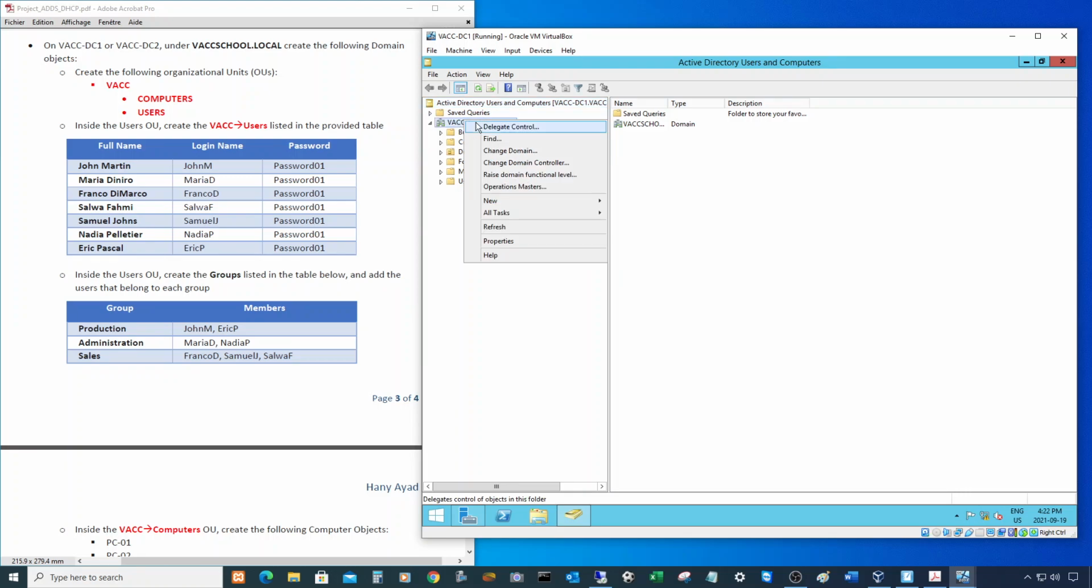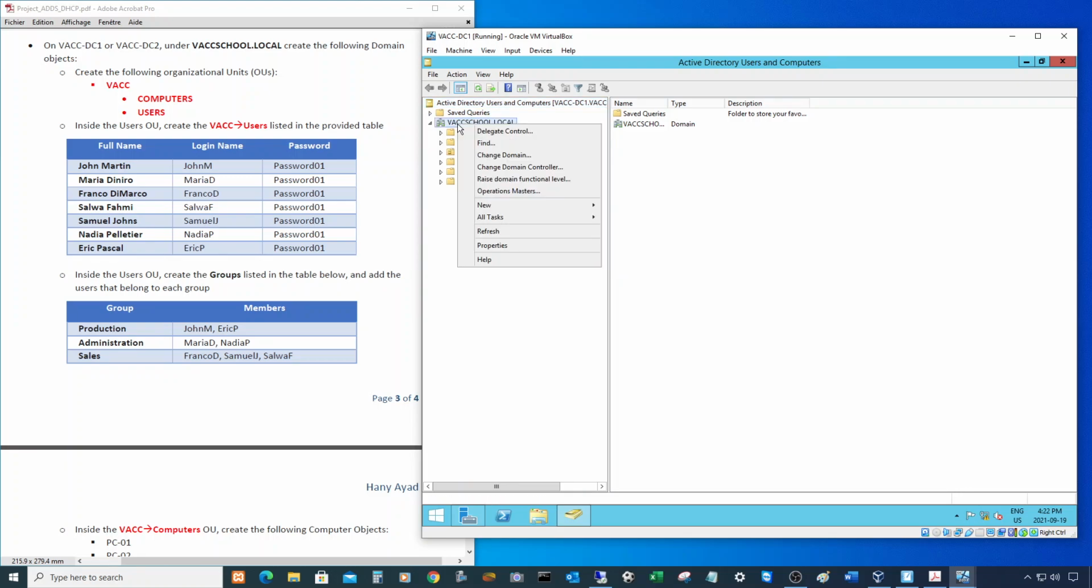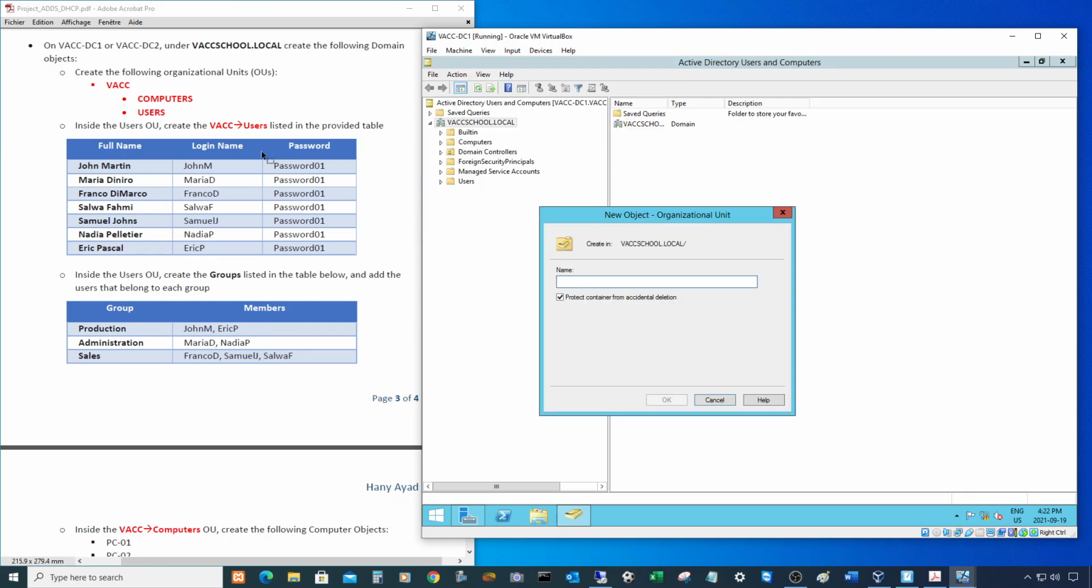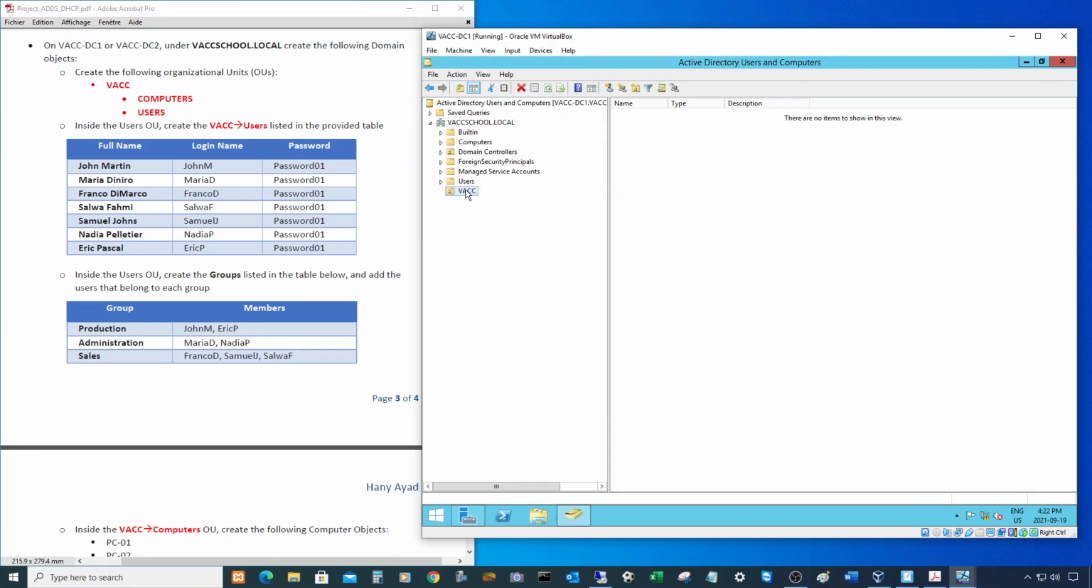So I'll right click on VAC school.local and click on new, and I will select organization unit. I will select the name that I want here, which is VAC. I will uncheck that in case I make a mistake and I need to delete it, so I will uncheck it for now. And now below the VAC I need to create 2 organization units,